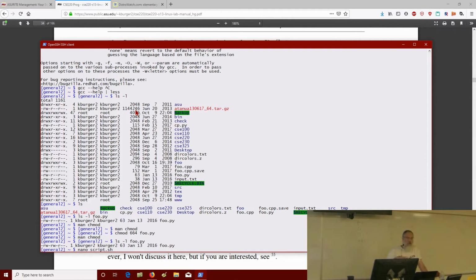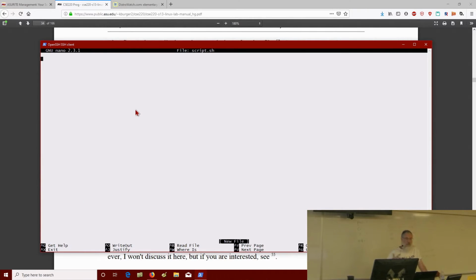So bash is essentially a program that runs, and you can give it commands and it does things, and you can write script files that tell it to do script commands automatically. So you can program bash. It's got a programming language built in. And Nano is a real simple text editor. A bash script is nothing more than a file that just contains bash commands, in addition to bash internal commands that you can use. So you can do things like loops and if statements. Let's make a bash script that